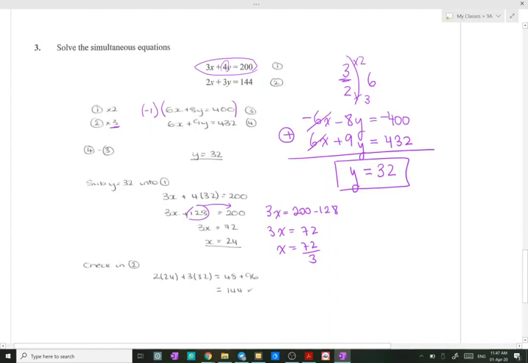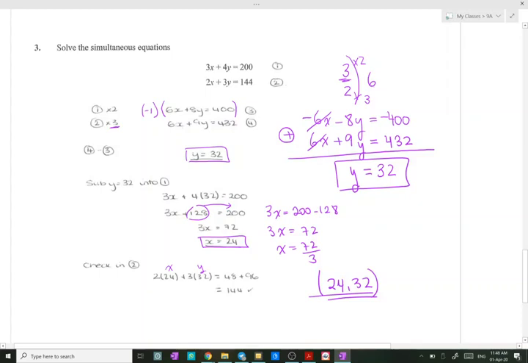Then I take the answer for x and the answer for y, and I check that my answers are right by replacing them in the second equation. Therefore, 2 times 24, which is the x, plus 3 times 32, which is the y, you add them up and you're going to get 144, which is the answer for the second equation. So we have found the two values, x equals 24 and y equals 32, that are the solution for the system, which means that